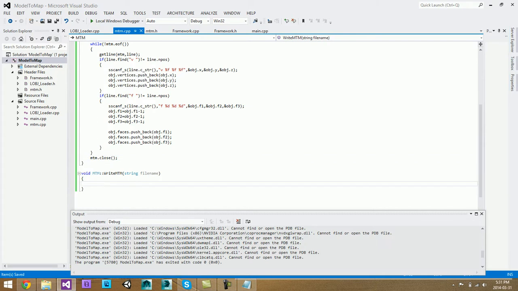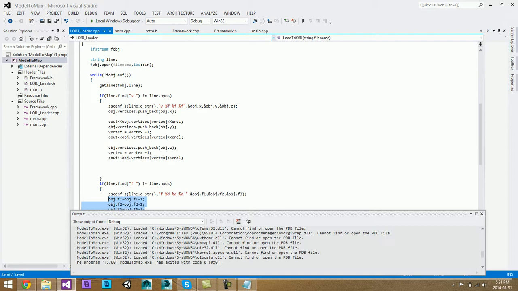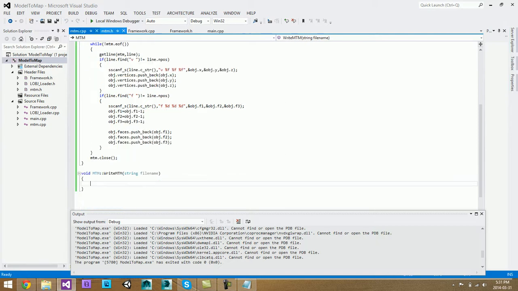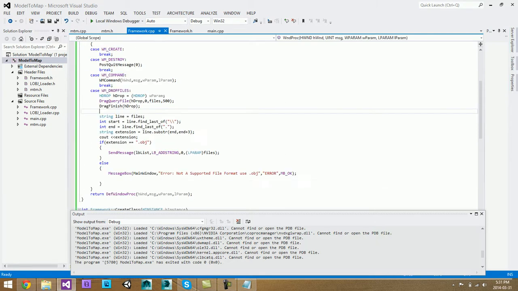Now that we have the data, we have to write it. So once again, we're going to have to do some debugging with the